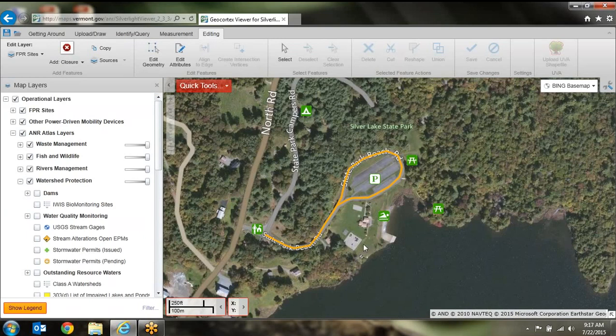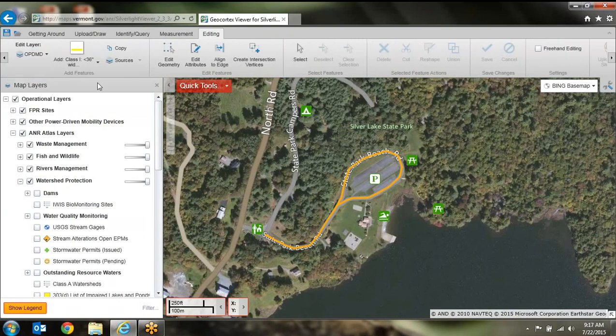So once I'm in the state park area, I'm just going to the editing tab and I'm going to use the select tool to select. Notice my edit layer was targeted on the FPR sites. So I need to set the appropriate target. Now I'm going to use the select tool and select that OPDMD and hit delete and commit my changes. Okay, so this editor can also be used to remove and manage those OPDMD uses in addition to just adding